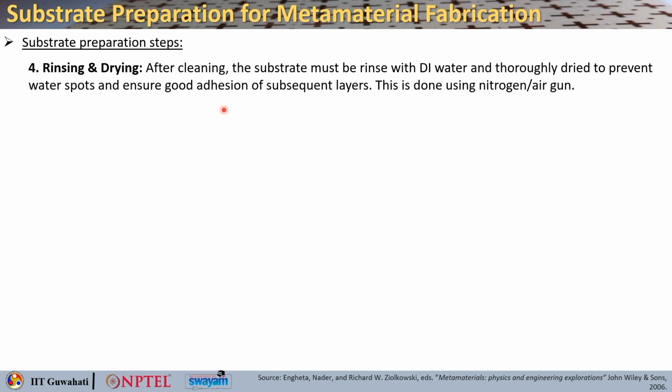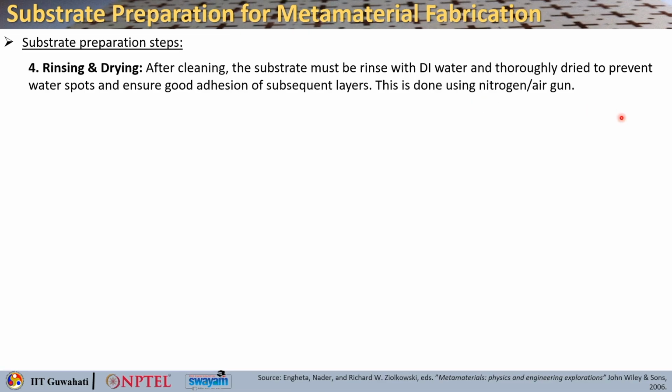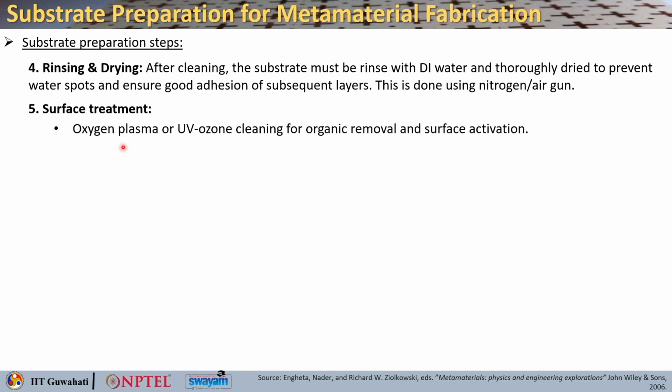So, after you are done with the cleaning, the substrate must be rinsed with deionized water and thoroughly dried to prevent water spots and ensure good adhesion to the subsequent layers, and this is basically done using a nitrogen or air gun. Substrate treatment is then done using oxygen plasma or UV ozone cleaning for organic removal and surface activation. You can apply adhesion promoters such as HMDS, which is hexamethyldisilazane,